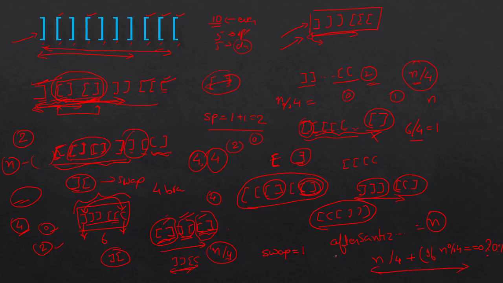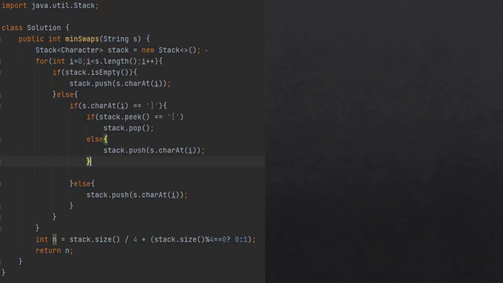That is what we are going to do. Let's see in the code. So you see here, I have picked up a stack, and then I'll iterate over all the characters in the string. Let me take that example here. Open balance, balance. So first I have checked stack is empty. Okay, push it. So first one, push. Then move to this one. Then I'll come here. Stack is not empty.